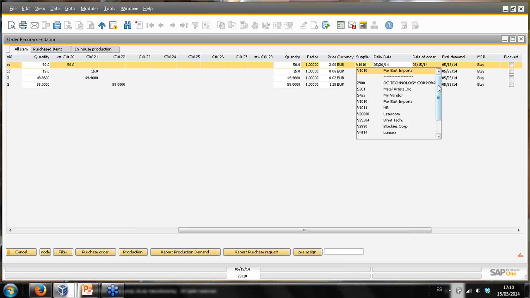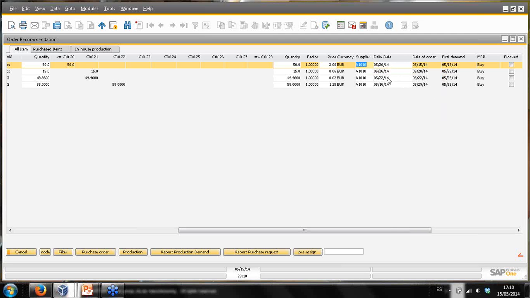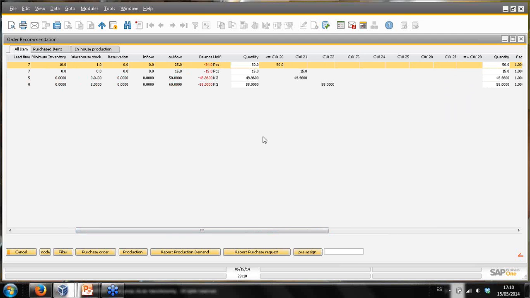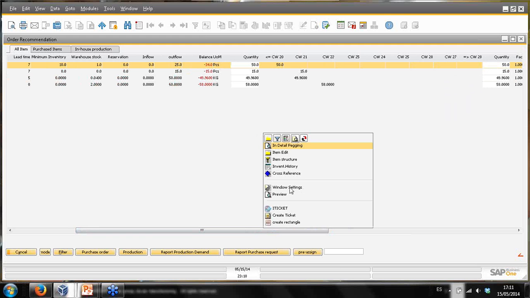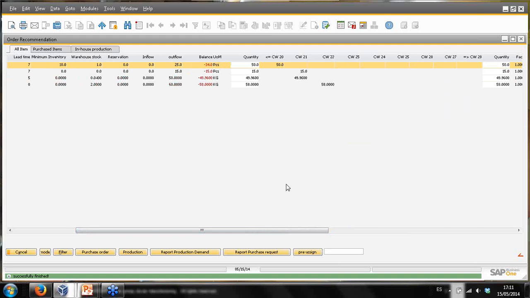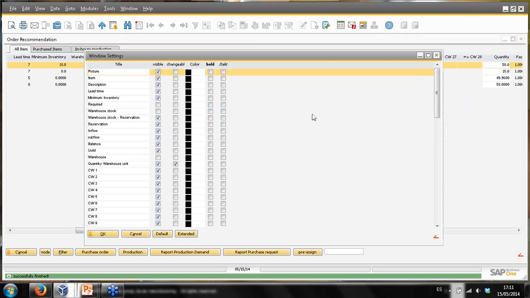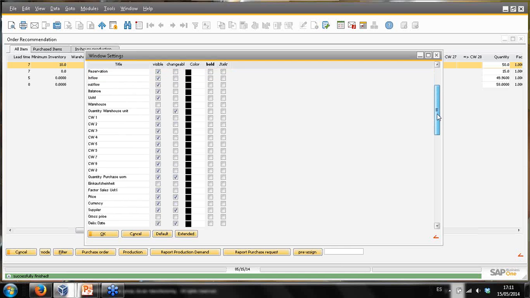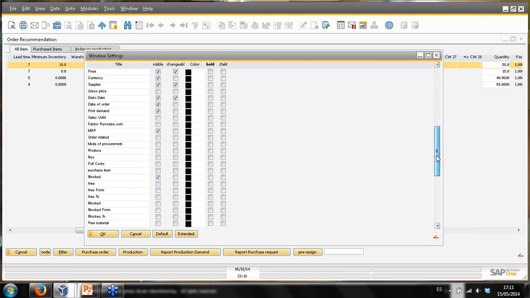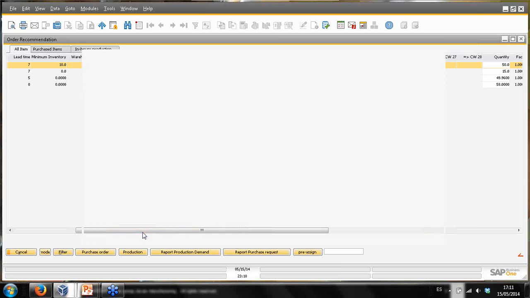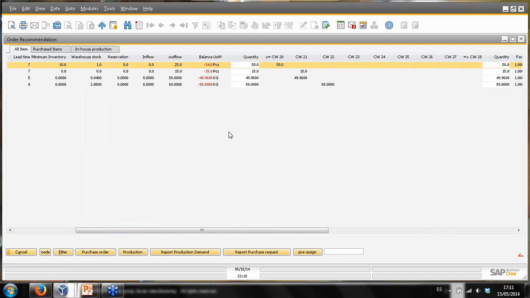prices. If you click with the right button, according to the setting, you will see the catalog or you will see only the list of the suppliers. You can change the dates and so on. Of course, if I click with the right button, we are able to click in Windows setting and then activate or not some other values related with reservations, and many others you can consider here in the